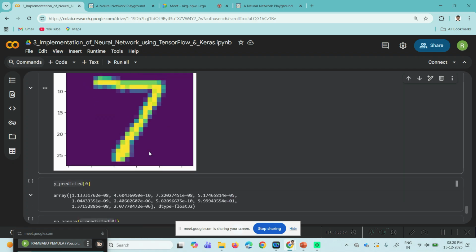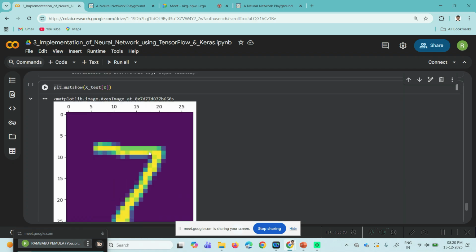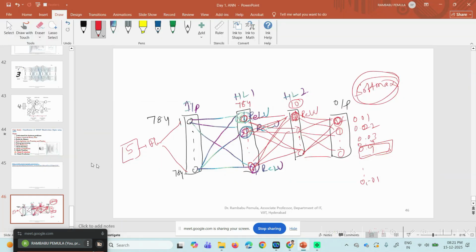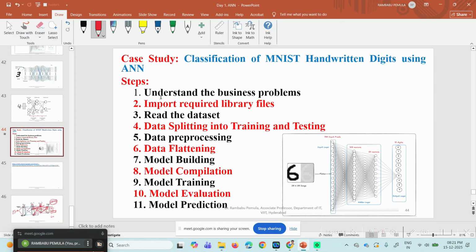Like that, we develop our model to predict the class label with the help of artificial neural networks. So this is the case study of how to predict the class label for a given image with the help of artificial neural networks. Here we have to perform different steps. What are the steps you perform? The steps are,